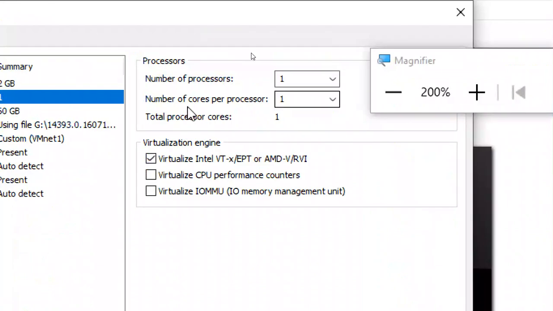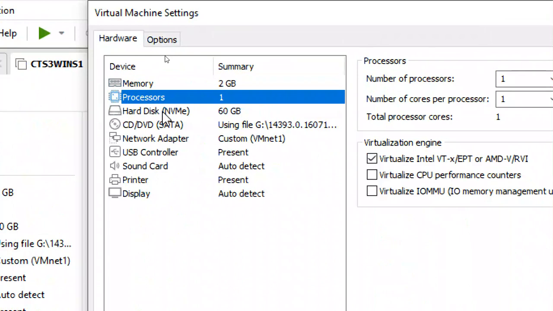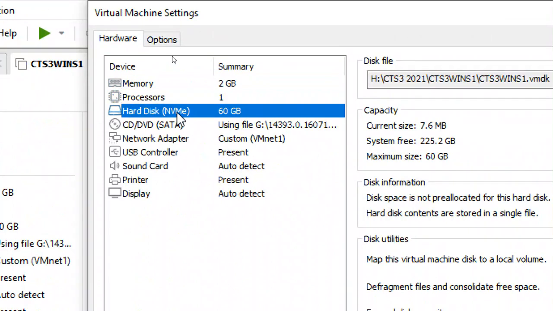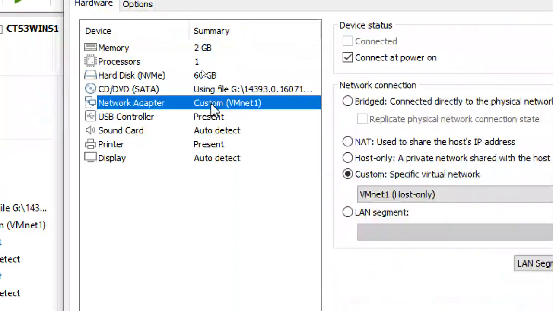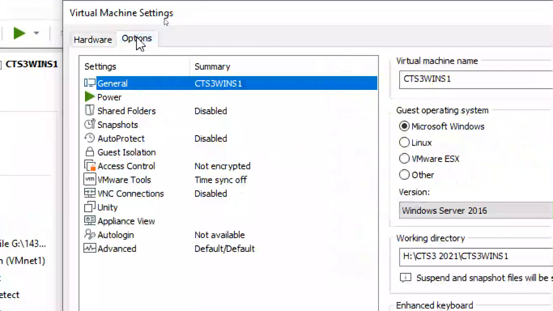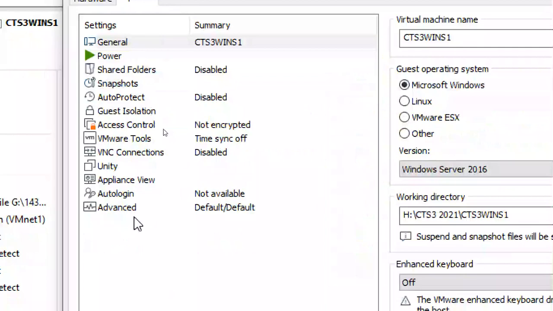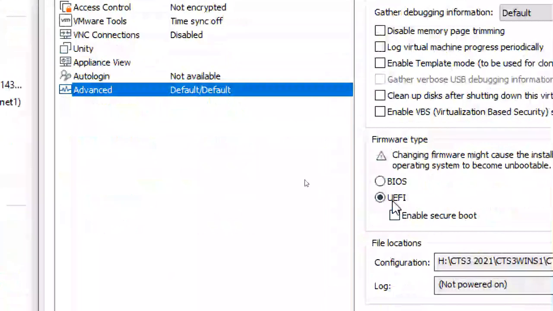Here again verify memory 2 GB and 1 processor. This is NVMe, meaning SSD, because the 2016 edition directly gives SSDs. For virtual disk there is nothing else, and we have NAT 1. Good. Go to the Options tab, select Advanced, and make sure UEFI is selected.